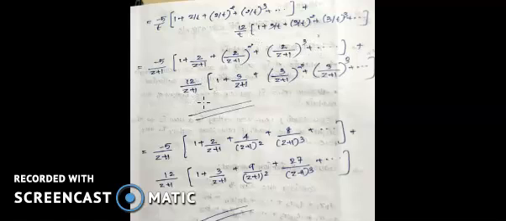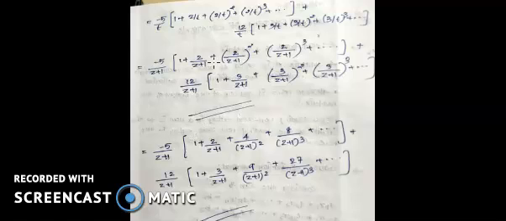Second term also 12 by z plus 1. You see for minus 5 by z plus 1. So wherever you have t, you replace it by z plus 1. Here also 12 by z plus 1 within bracket also 1 plus 3 by z plus 1 plus 3 by z plus 1 the whole square plus 3 by z plus 1 the whole cube plus etc.